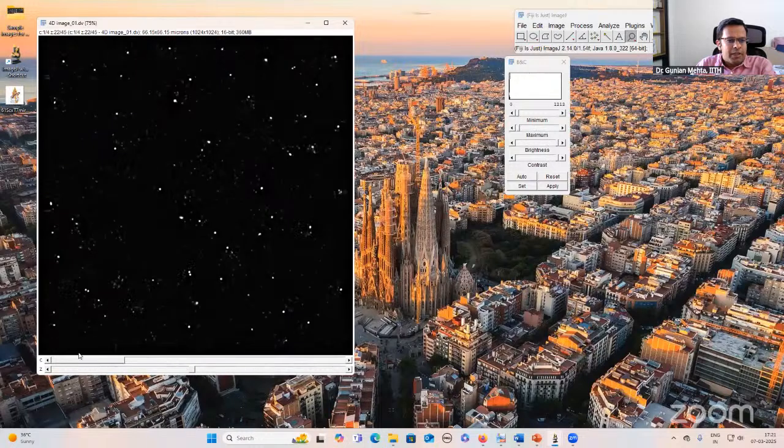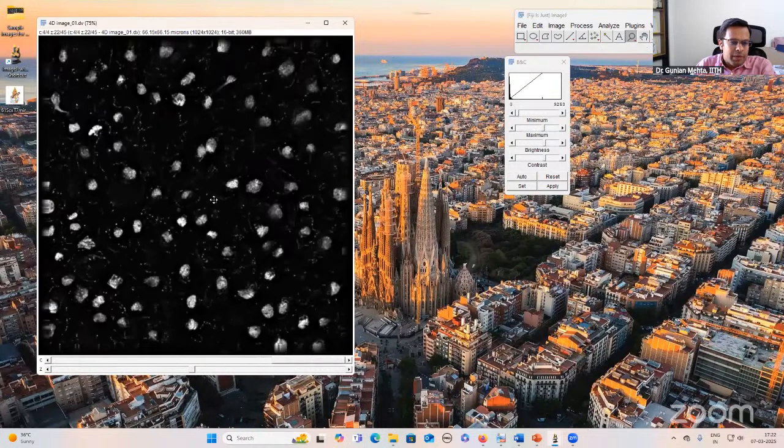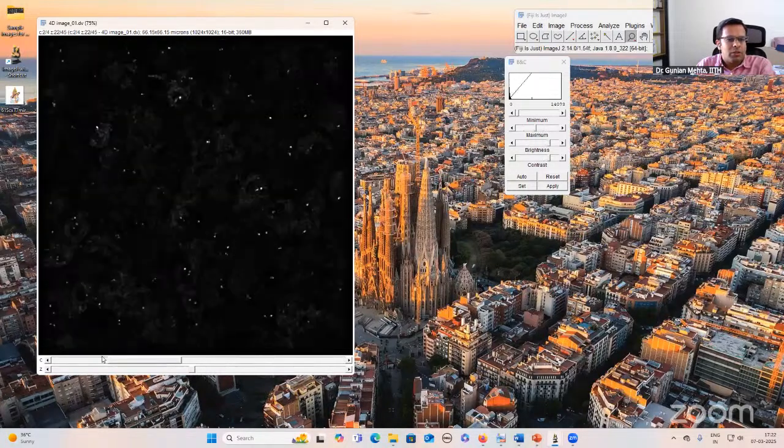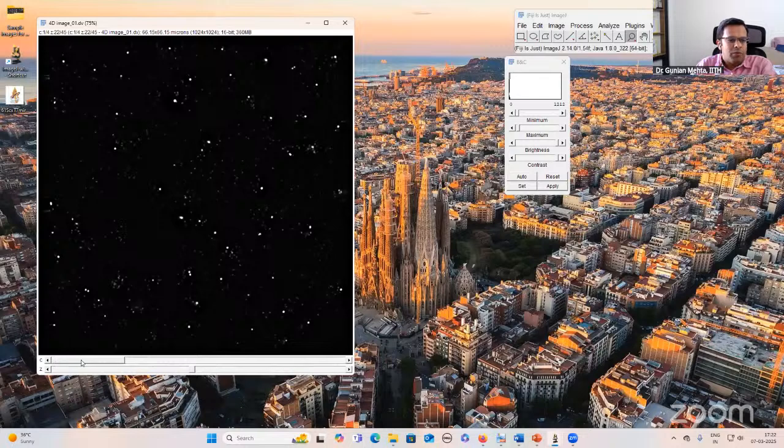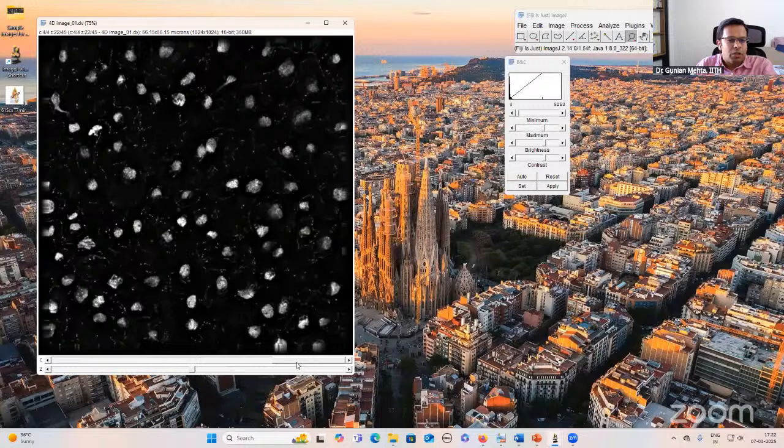Now, as I mentioned, generally in fluorescence microscopy a monochromatic camera is used, right? So the camera has captured the image as a grayscale image. It doesn't know which dye has been used and what is the color of that dye. So now we have to give a pseudo color to this image. Pseudo color means the color of my interest that I can give. Generally the nuclei were stained with DAPI, and DAPI dye has a blue color fluorescence, right? But I don't want to see these nuclei in blue color. I want to see them in yellow color.